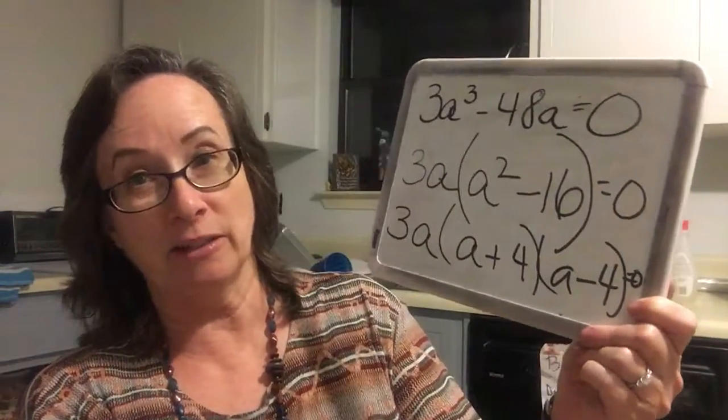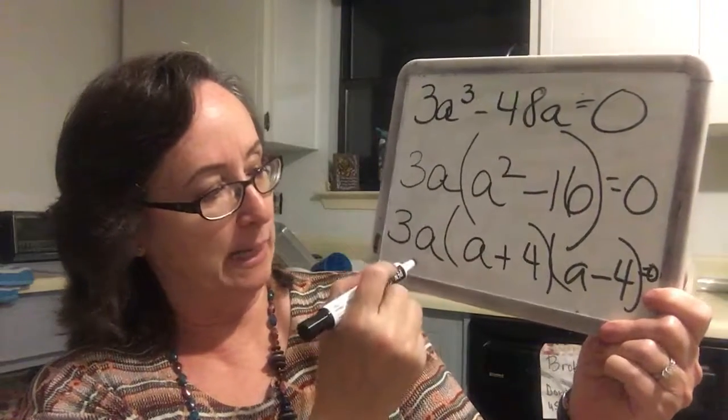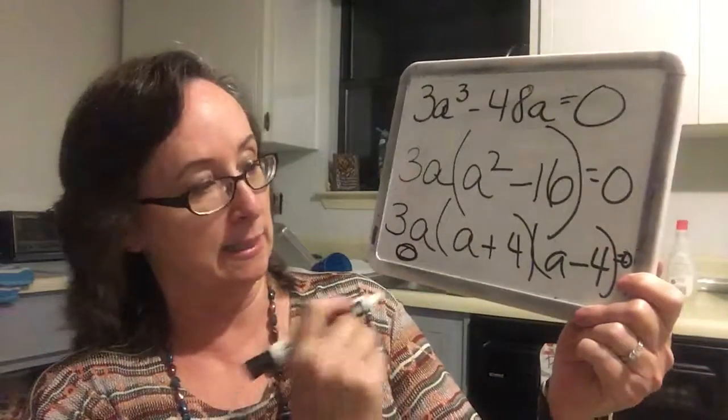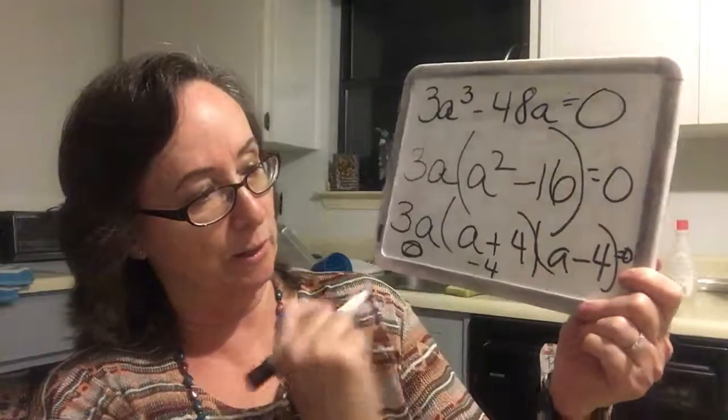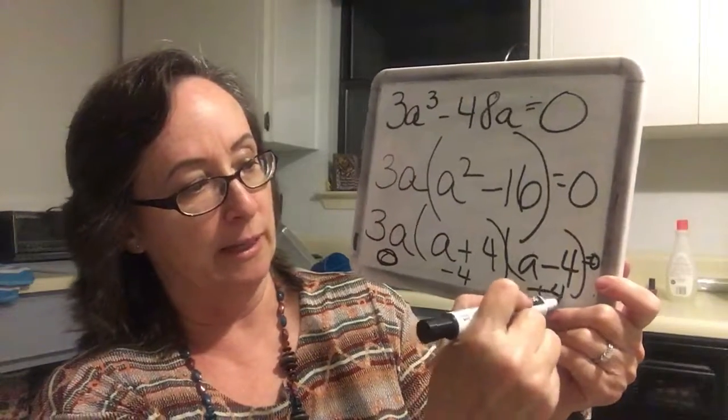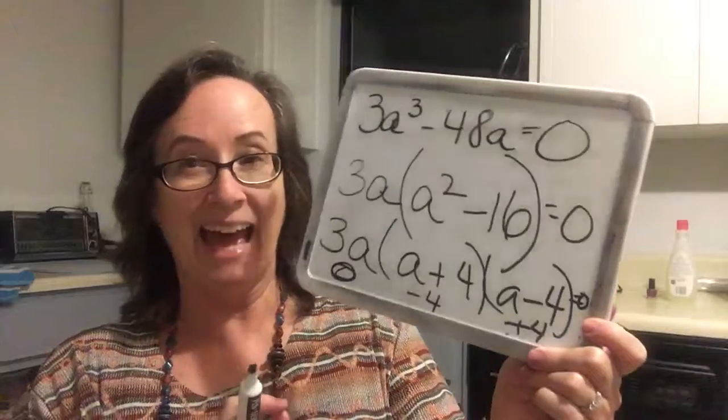I set each factor equal to 0, and I get 3a is 0. 0 is one of my solutions. -4 is one of my solutions, and +4 is one of my solutions. And that is the